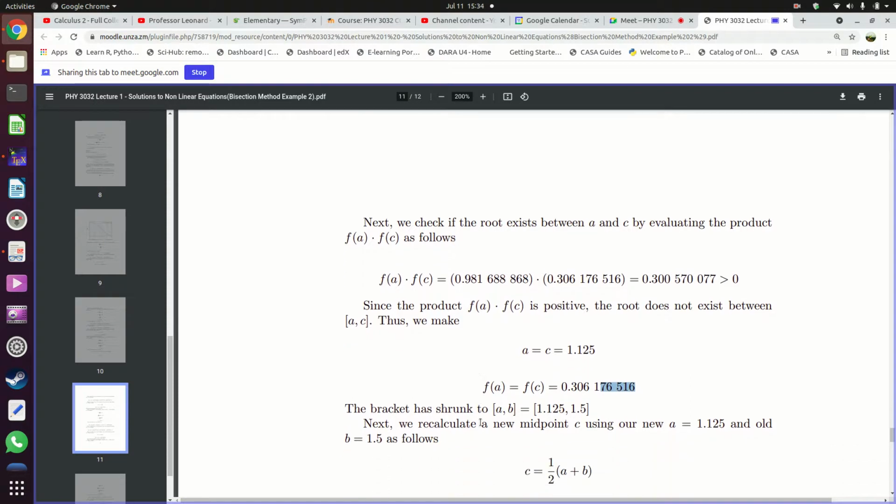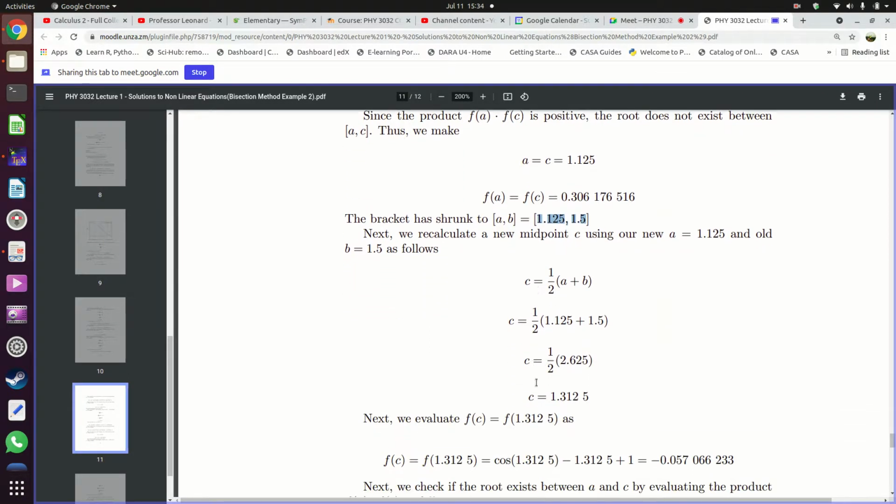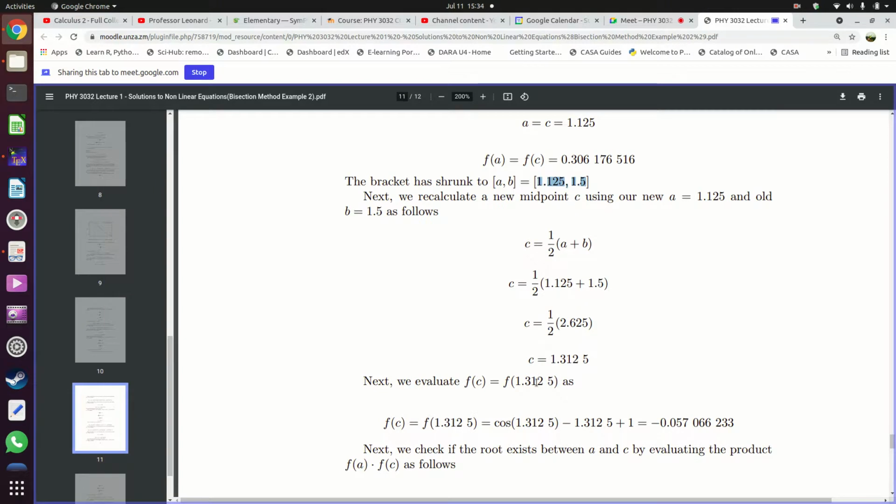With that change, our bracket has now shrunk. Now f of the bracket AB is 1.125 to 1.5. Is this clear? It's clear. With our bracket having shrunk like this, next we rework out, using our new bracket values,